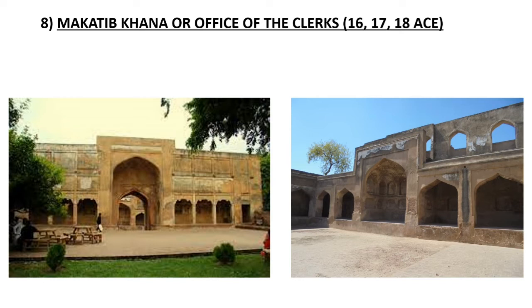However, the frontal part is provided with the inscription, and this inscription is indicating that Karim Khan, on the order of King Jahangir, constructed this Makatib Khana around 1617, and this inscription is composed in Nastaliq style. As far as the buildings on either side are concerned, these smaller cells were used as an office, and different types of clerks